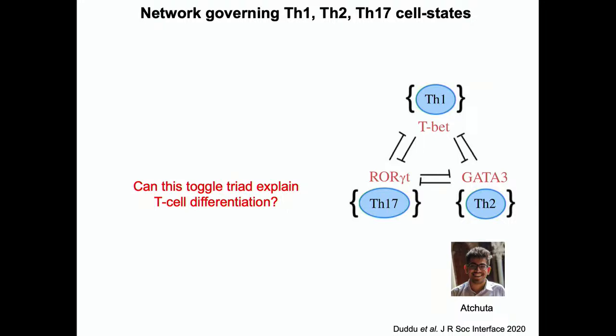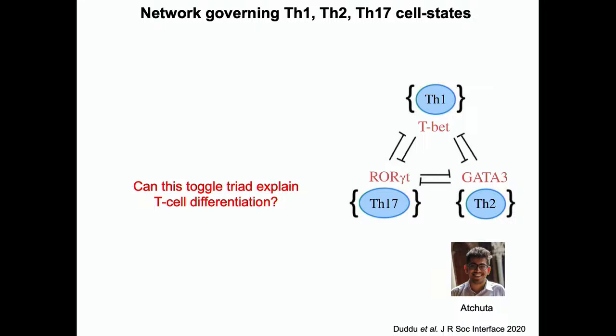Why they are called 1, 2, and 17 is based on the interleukins that they secrete. Interleukin 1, interleukin 2, and interleukin 17. Does TH3 exist? I don't know. It may exist and has not yet been found out. Does that mean that 16 exist in between? I don't know. Maybe there are more and more papers coming out identifying. Now there is TH22, TH23, etc. Nonetheless, let's start with this simple case.